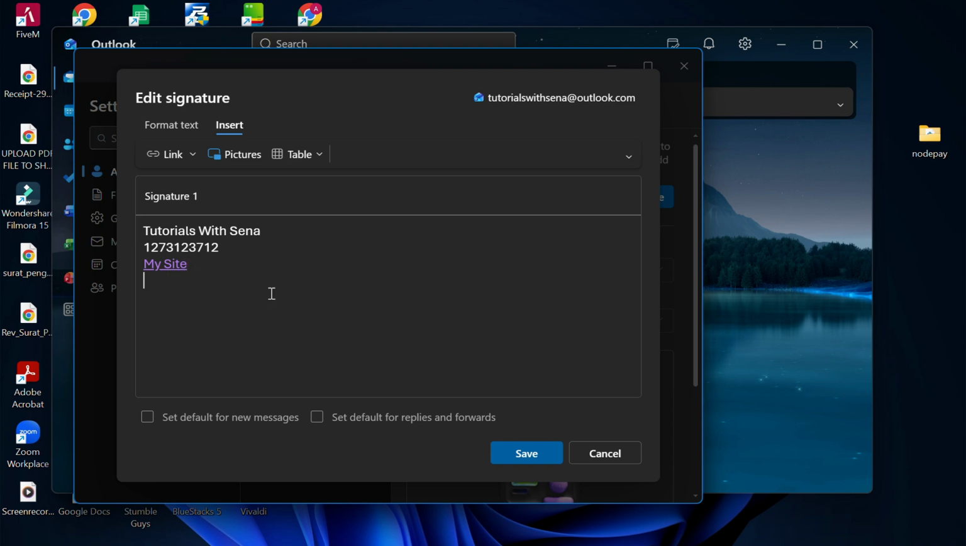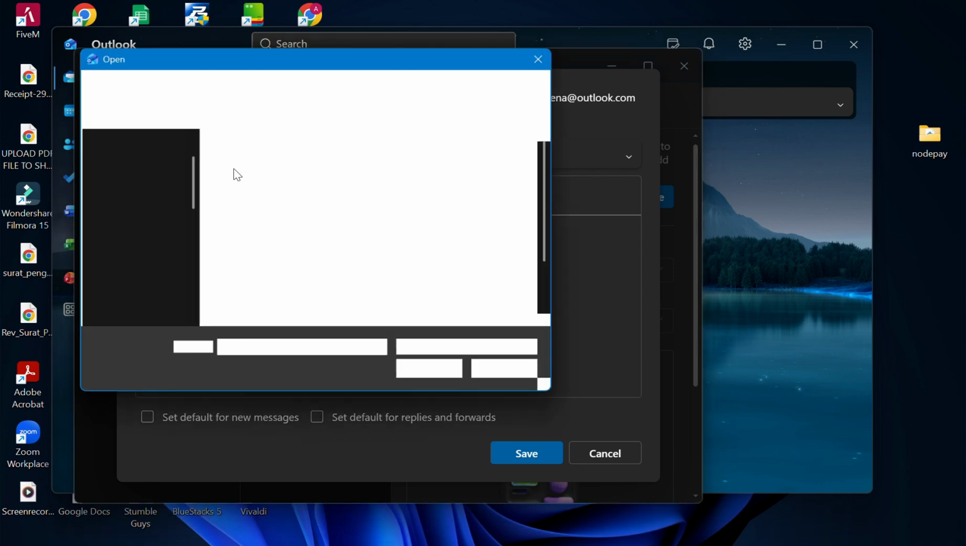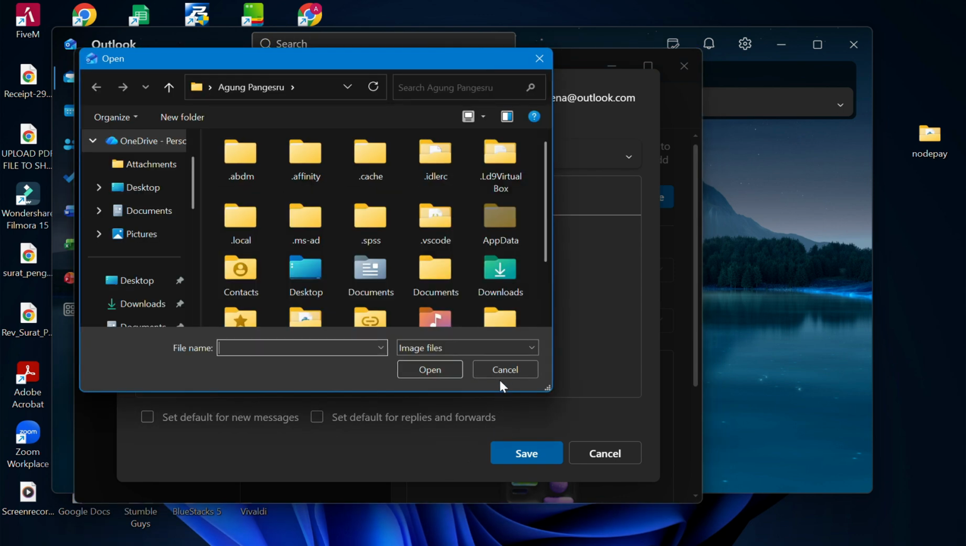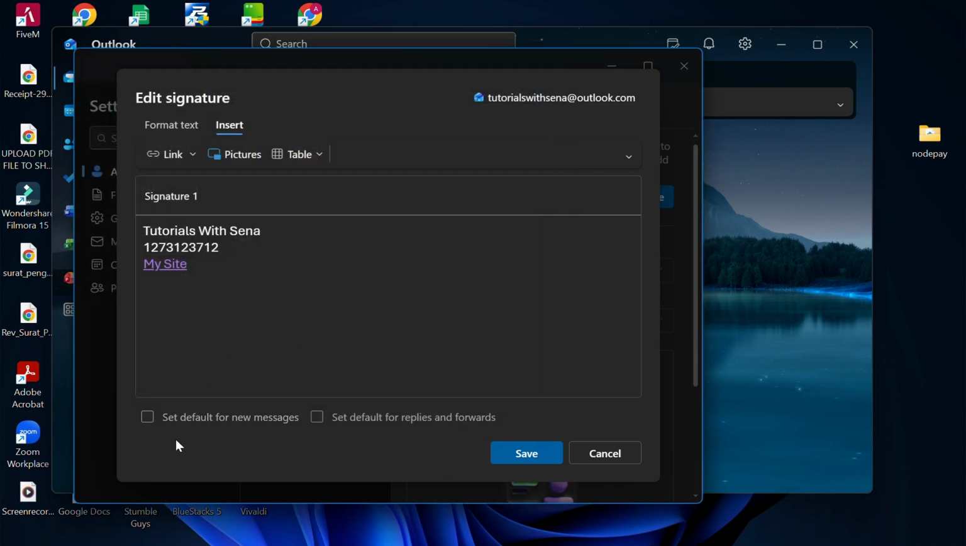And also you can add logo for your company or your brand. You can add picture here and you can upload it, and then you can just choose set default for new message or set default for replies and forwards. It's up to you. I'm gonna choose both and just click save,